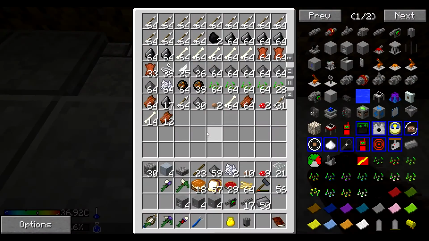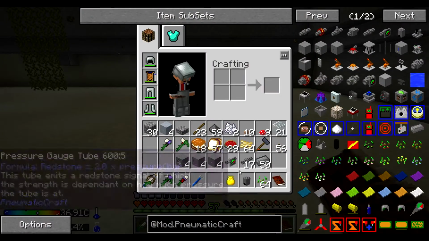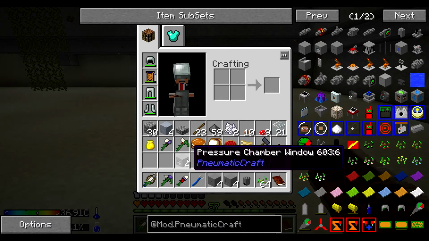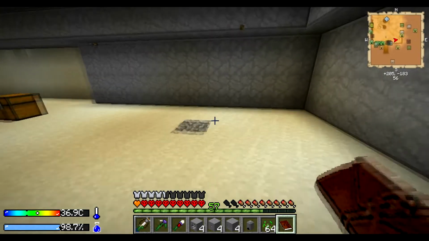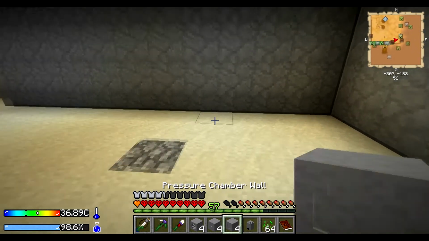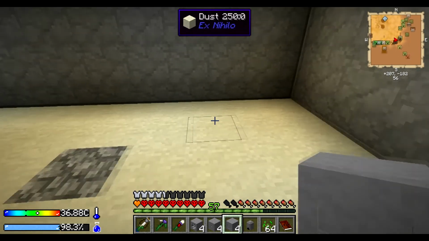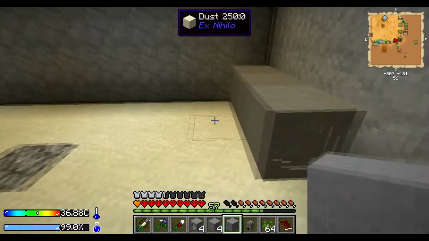Which means I'm going to need some of you. Thank you. Also means I'm going to have to craft myself the actual item. The pressure chamber. And the basic one is a 3x3x3, and so we may as well stick with that. I'm going to keep it...